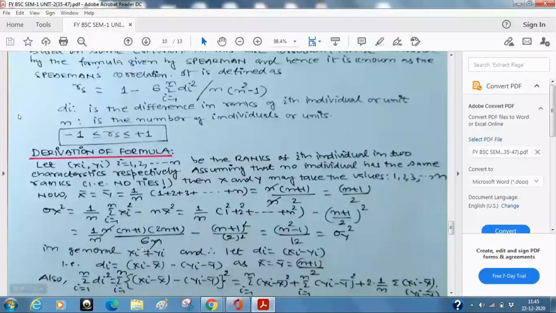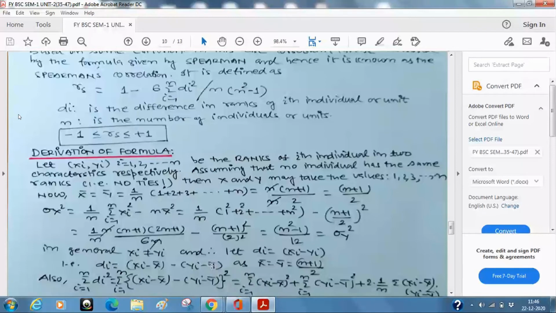we are saying that xi is not equal to yi, and suppose we define a new quantity di which is xi minus yi. Of course you can very easily understand from here that if xi is equal to yi, di will be 0. That means it is exactly the same rank. So for that only we are assuming mathematically I am saying that xi is not equal to yi. जब आप कहते हैं इसका लैंग्वेज में मतलब ये होता है कि there is no tie. So if this is di, there is a trick now. What is the trick? I am subtracting x bar here and I am subtracting y bar here.